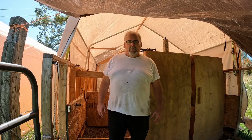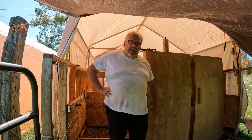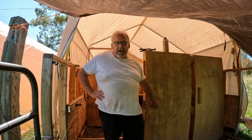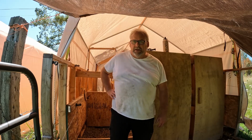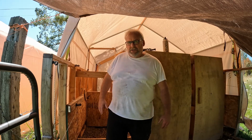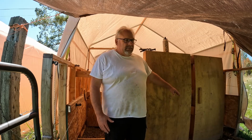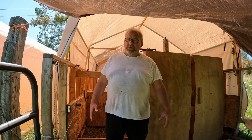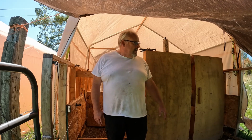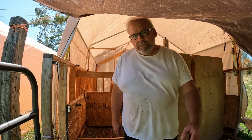I wanted them in here where it was dry. And so you kind of have to ignore the fact that these are here now. We'll go inside and it'll make sense. But like I said, this was here. There was a door behind me with hinges. It hinged all the way open, let them out during the day. But it was there for coyotes. We ended up not actually having any. I don't know. I may keep it for the winter. We'll see. Anyways,